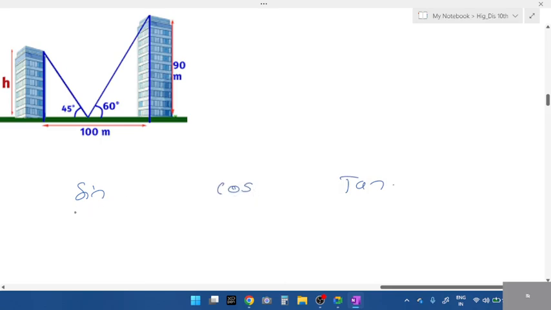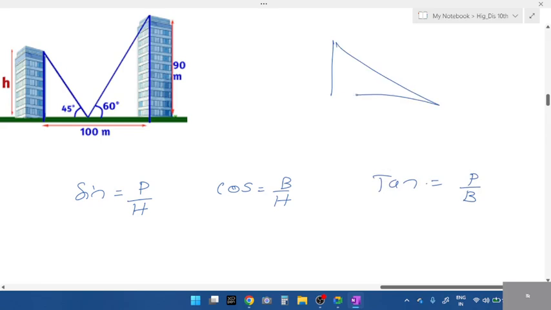Fine. For sine, what is the formula for sine? Perpendicular by hypotenuse. For cos, base by hypotenuse, and tan it is perpendicular by base. So what does this mean? In a right angle triangle,